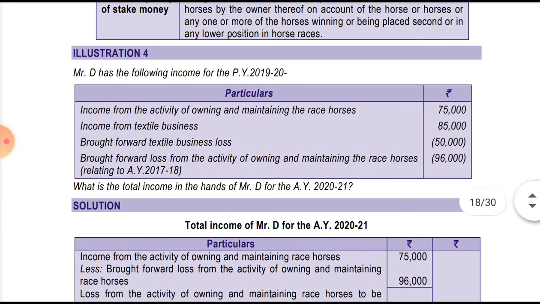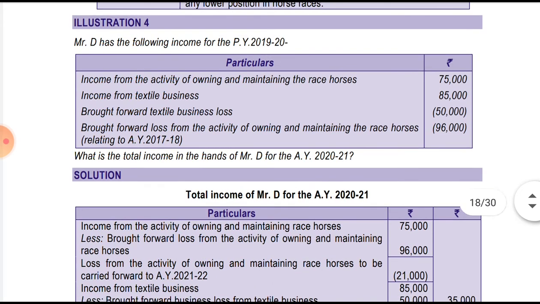Illustration number 4: Mr. D has the following income for the previous year 1920. Income from owning and maintaining horse races, 75,000 rupees. Textile business, that is income from normal business, 85,000 rupees. Brought forward loss from the textile business, 50,000 rupees. This 50,000 can be set off against the 85,000. Brought forward losses from the activity of